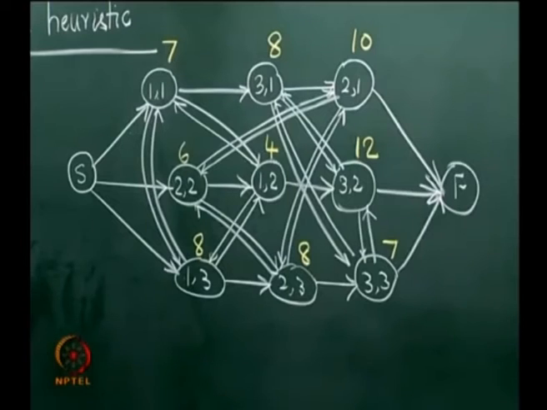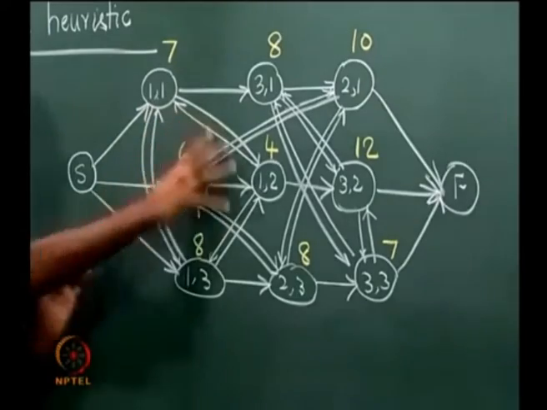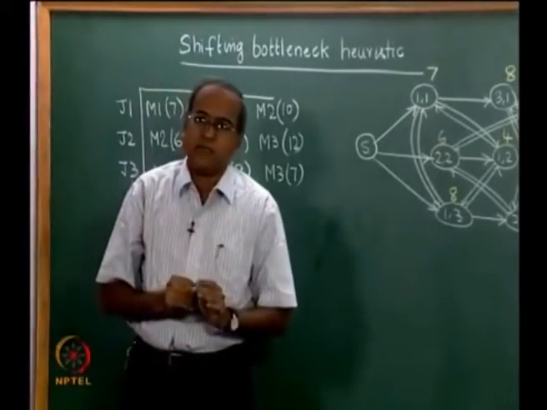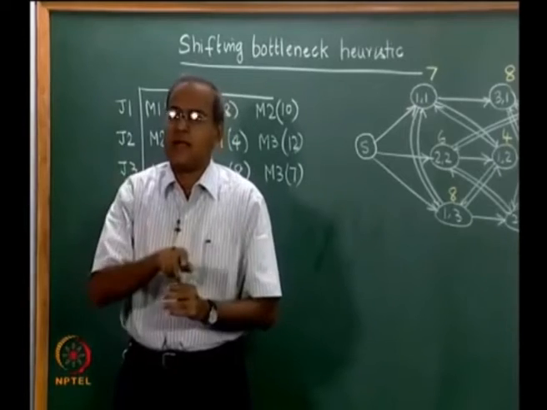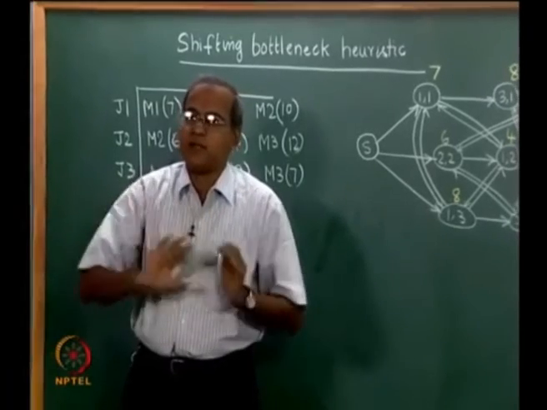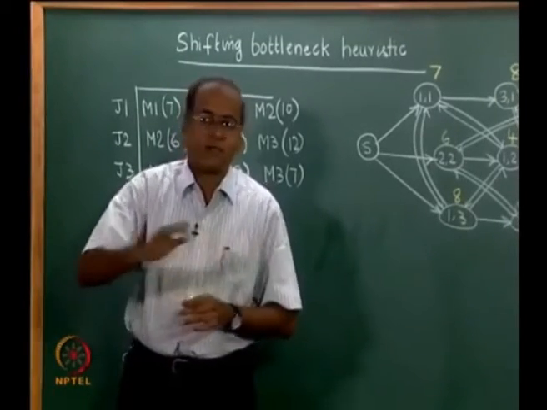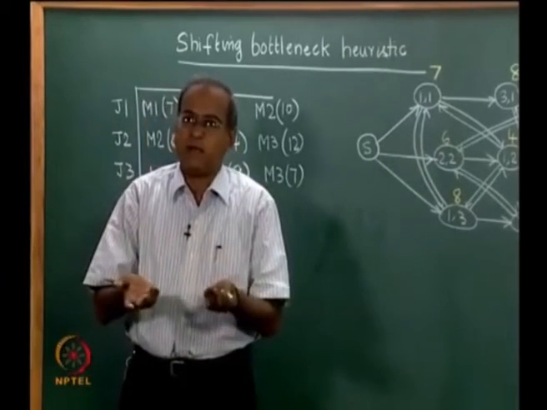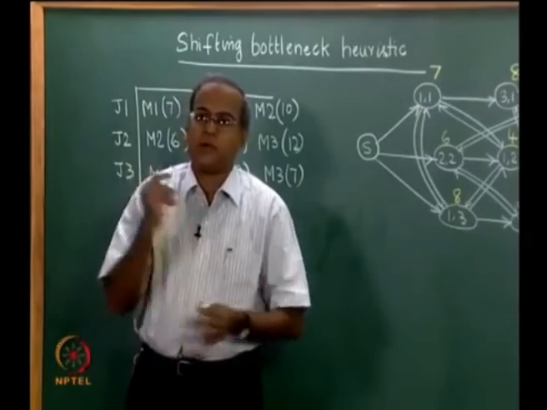To put it differently, when we decide which of them are going to be active and which of them are not going to be active, we automatically are deciding the order or sequence in which this particular machine is going to take up the jobs. So, if we are able to get the set of active arcs out of these bunched arcs in an intelligent manner, such that the longest path is reduced, then the make span is automatically reduced. The longest path on this network indicates the make span of a given feasible schedule.